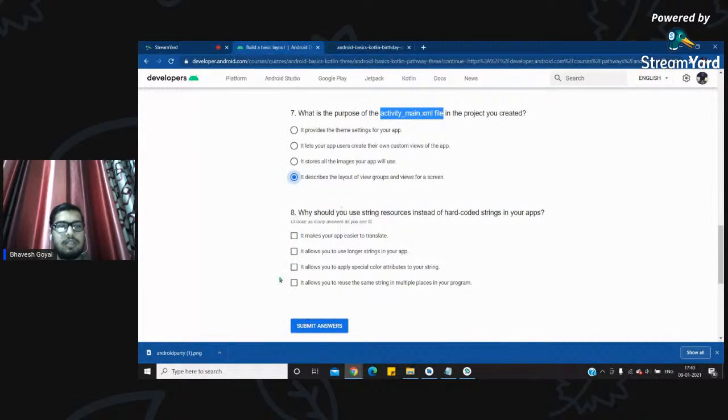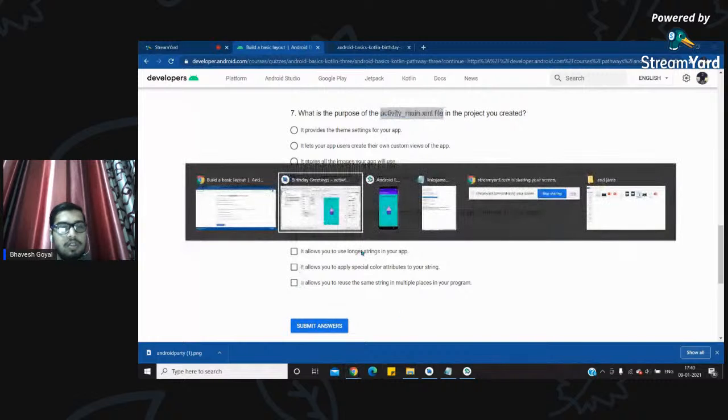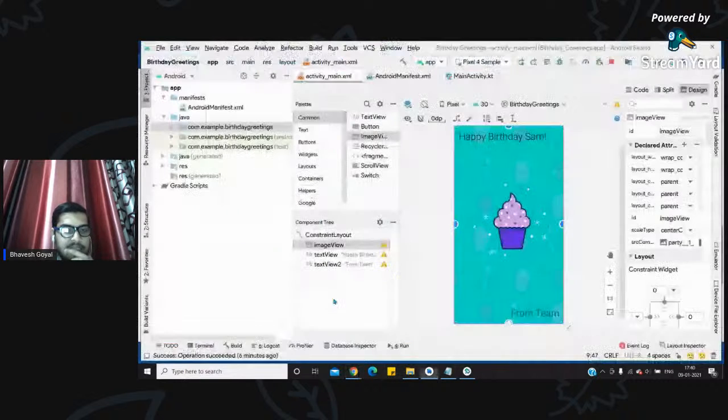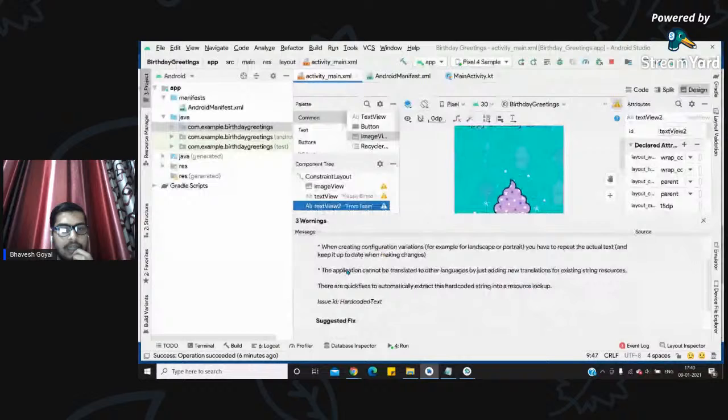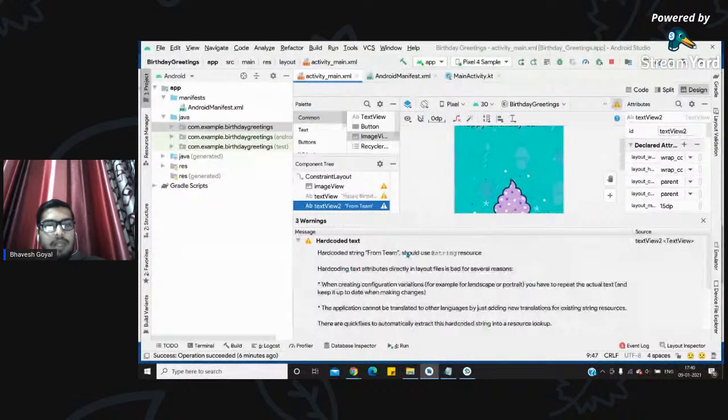So to answer this, let me resolve this first. We can see some errors here, yellow triangles. These are suggesting that the hard-coded string from team should use a string resource. Hard-coded text creates a problem when you want to translate the app from one language to another,